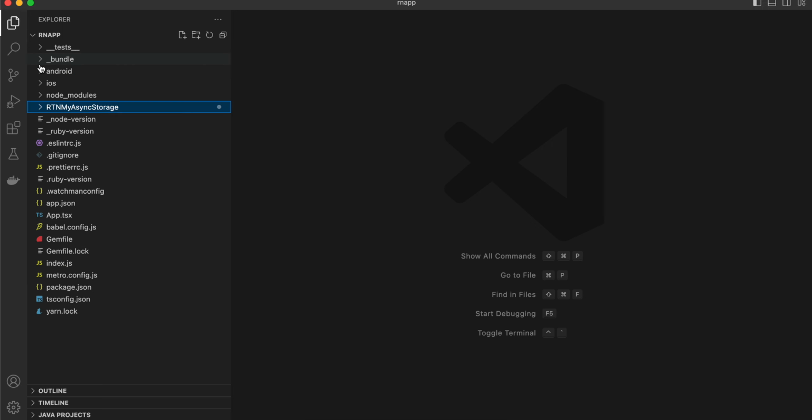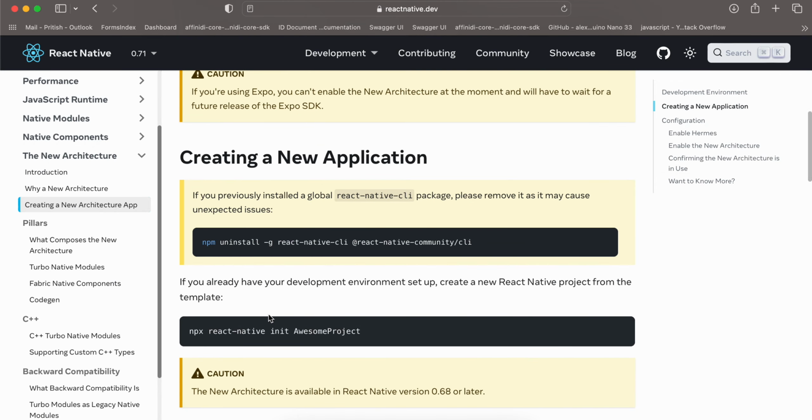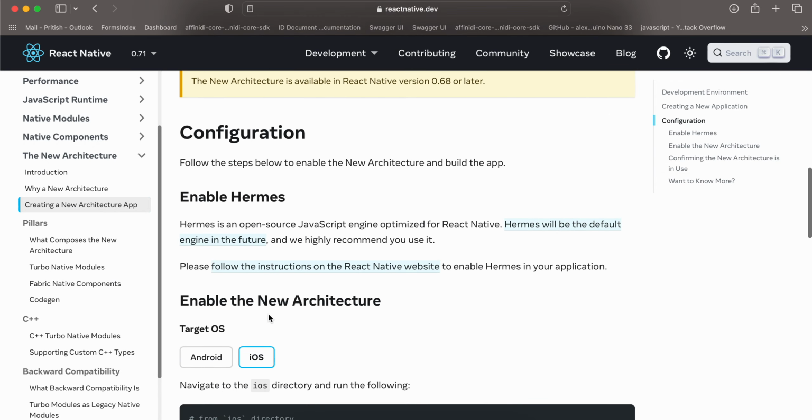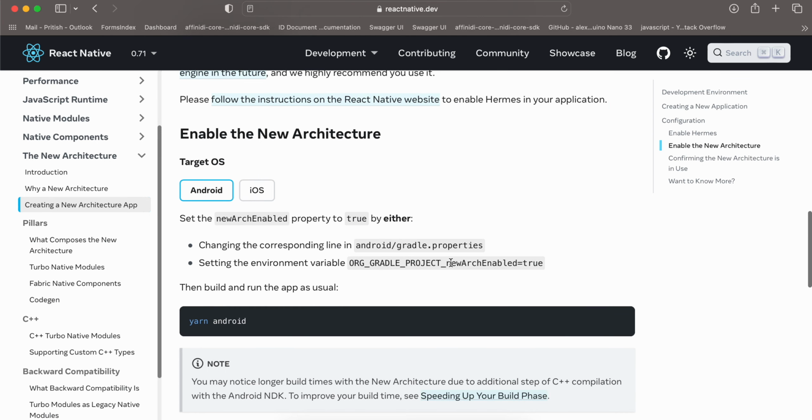Of course, we will be using turbo modules for this. So I have created a basic React Native project. First we will go through the documentation, and this would be for Android. We will go into the documentation and go to the Android section, and first you have to search